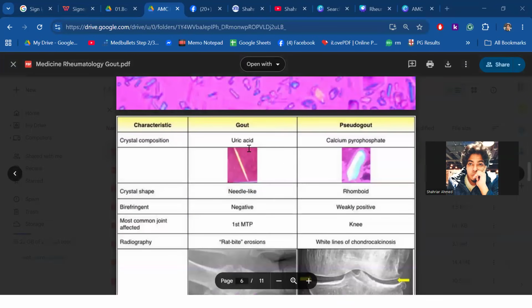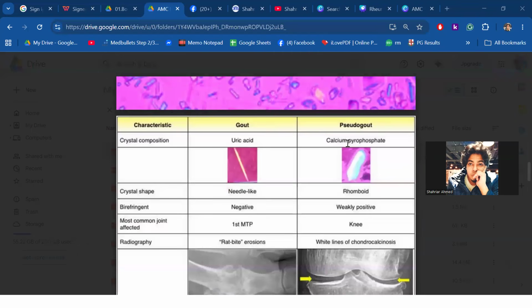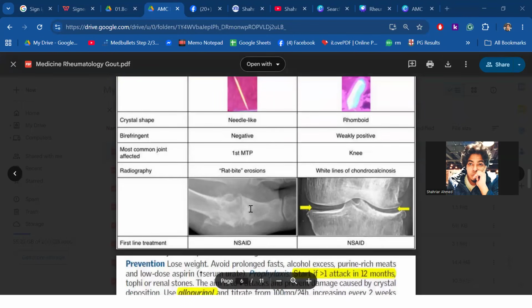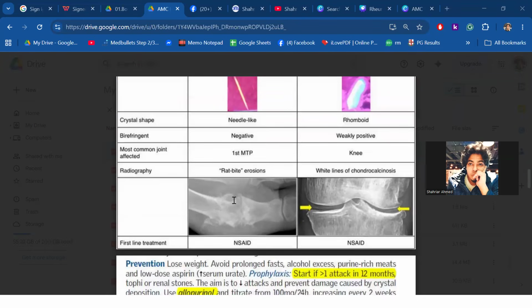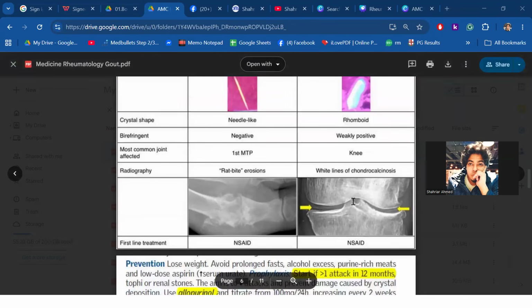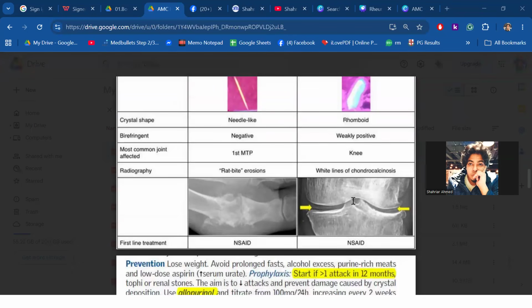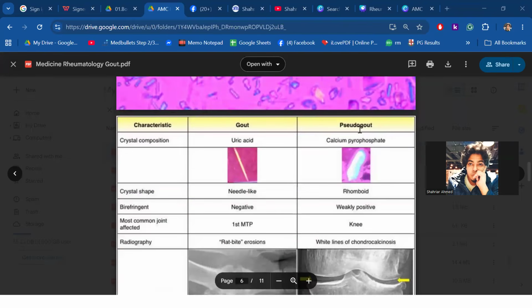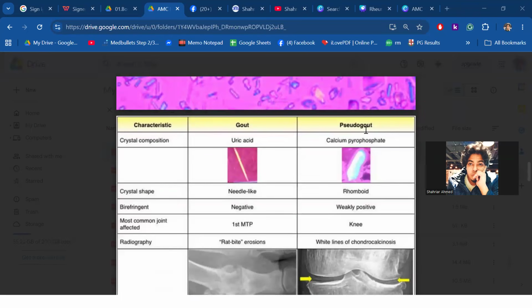Let's come to this point. Yes, so here you will find uric acid. Here you will find a crystal. So gout and pseudogout both are crystal deposition diseases. Am I right, guys? Gout can affect the joints, can destroy the joints, with erosion and deformity. Pseudogout also has a similar kind of effect, with calcium pyrophosphate deposition in the joint spaces. Again, let me remind you, in pseudogout cases, it's more often elderly people.